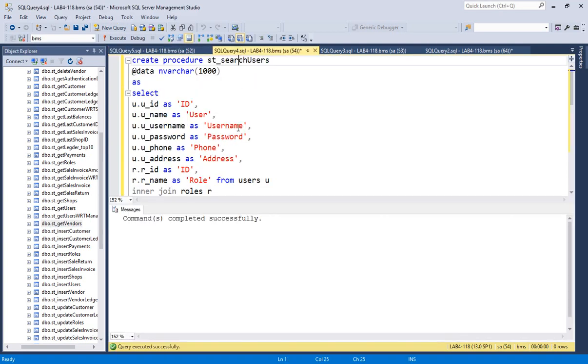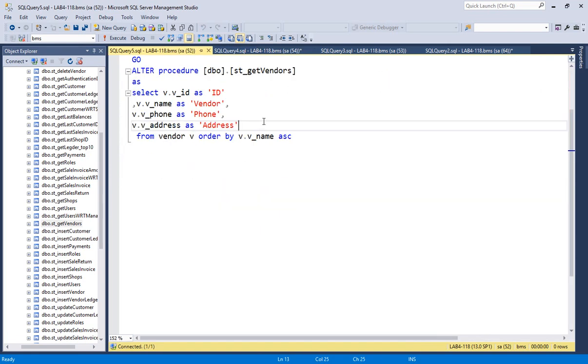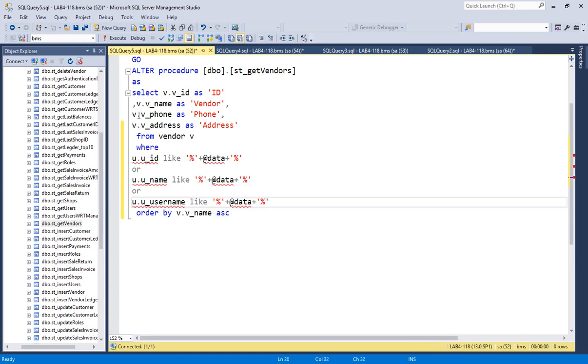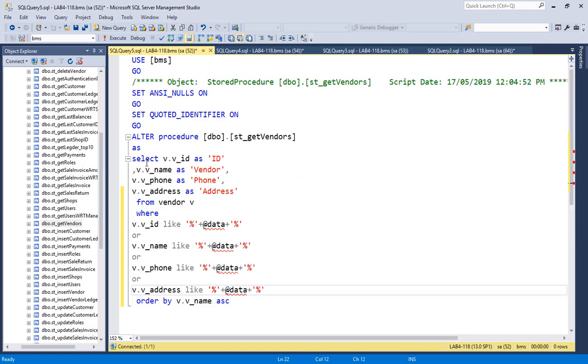Alright, so what you can do, you can come here and copy this and paste it here before order by. Okay, where, so you have to write here v dot id like this, v dot name like this, v dot phone like this, name, phone, and then v underscore address like this. Okay, and one more thing that I